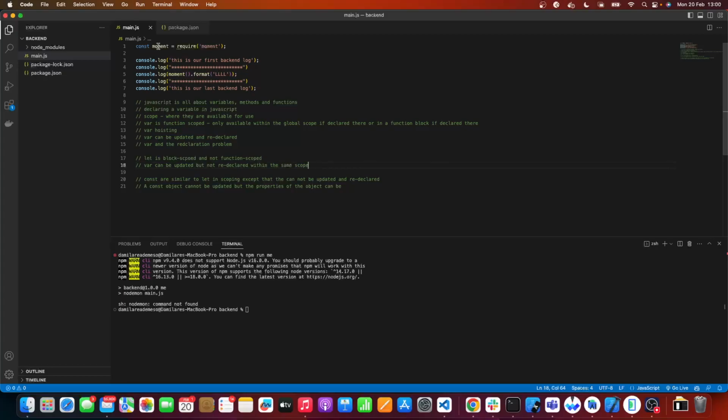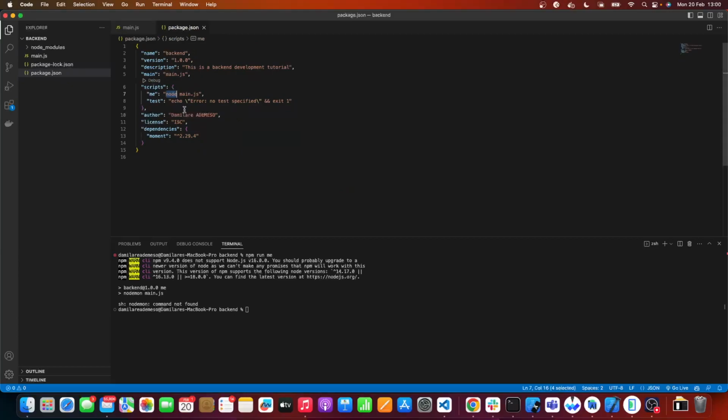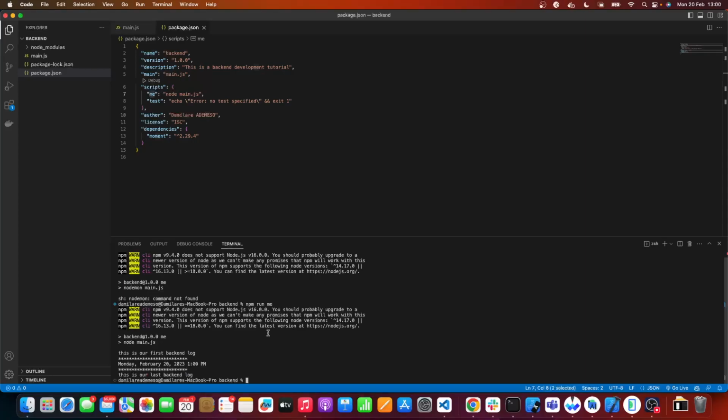One of such that we installed the last time was Moment, and we formatted it to show our date in a very beautiful format. And we said that to run our app, you decide to run it based on the script name. So what we have here is me, and then you could say npm run me, and bam, you have everything you logged here